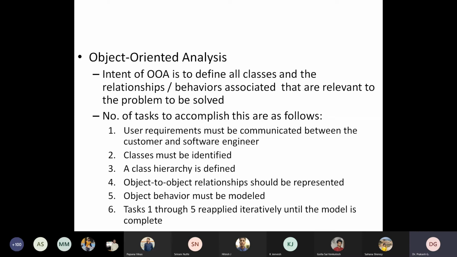Okay, so after finishing the data modeling, now we are exactly moving on to the object oriented analysis, because from this point onwards we are moving on to the development of user scenarios, that is use case model, followed by the class diagrams, that is the class based model, then we are going for the behavioral model, and also we will discuss the flow model. Okay, so all these are coming under the topic of object oriented analysis, because already I mentioned there are two approaches. One is the structured analysis, another one is the object oriented analysis.